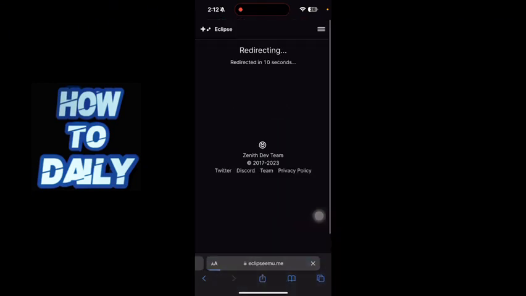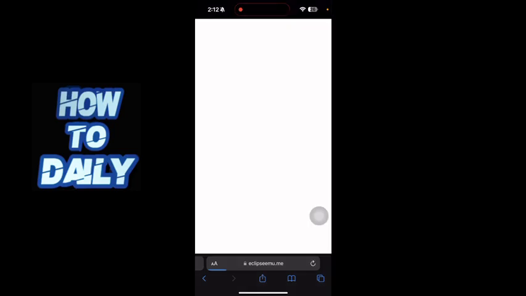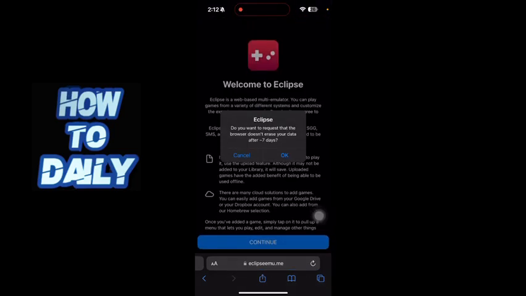So by the way, this works on all iOS versions. So I am on iOS 17 right now, and if you are on an older iOS, it's going to work just fine. So just click the X and